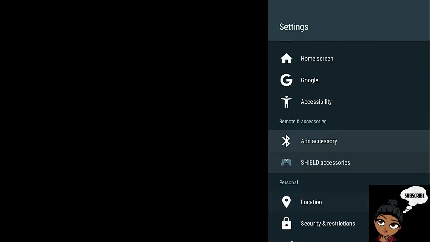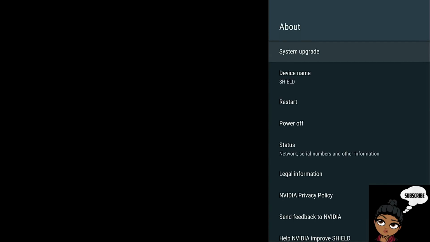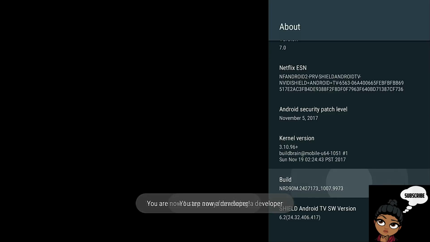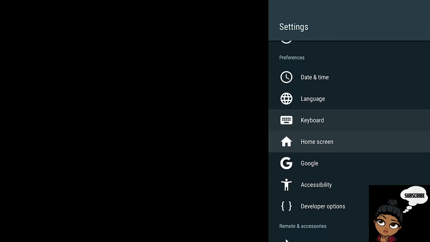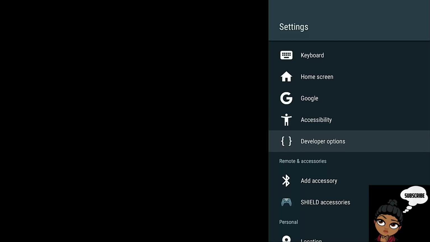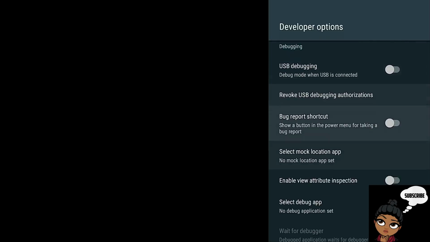We're going to go up here to about and go down to build. We're going to click this until you see you are now a developer. And what this does is give you another option under your settings, which is called developer options. We're going to go into this and go down here to